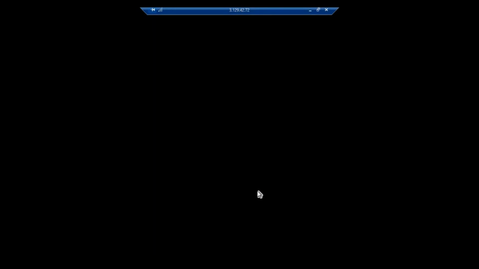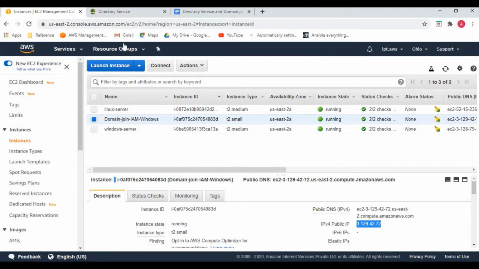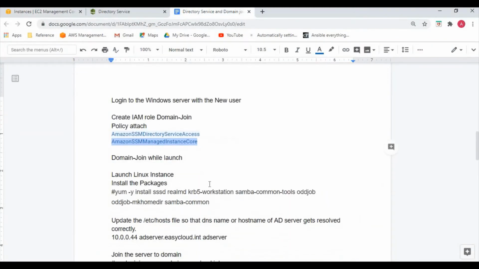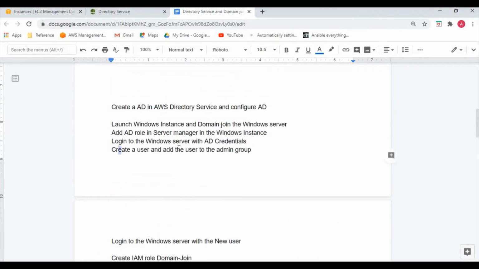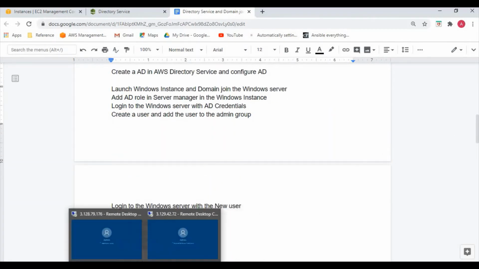Okay, so now we are able to connect to the Windows server for both the servers, where we did domain join manually in one server, and in another server using the IAM role. We also need to learn how to create users in AD, how to create groups, and how to access using those users.